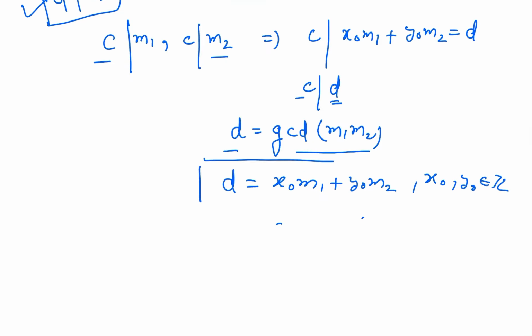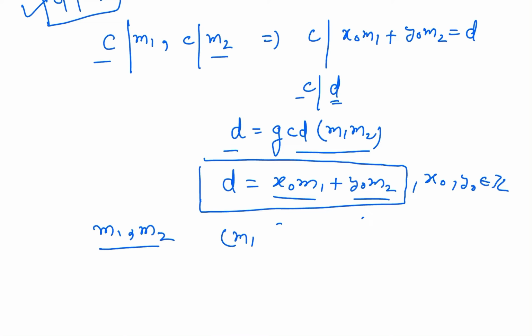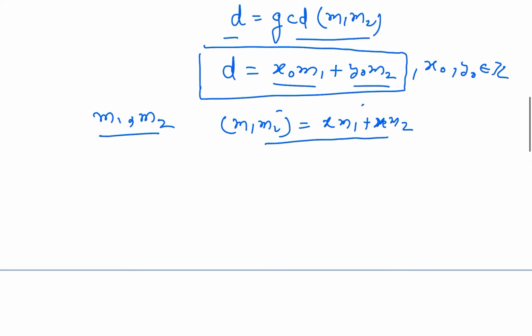That means the GCD of M1 and M2 can be written as a linear combination of M1 and M2. So we have proved for the two integers M1 and M2 that the GCD of M1 and M2 can be written as a linear combination of M1 and M2. Now to expand or extrapolate this to k number of integers, M k. So first of all, to extrapolate this to k number of integers, we need to prove that GCD of